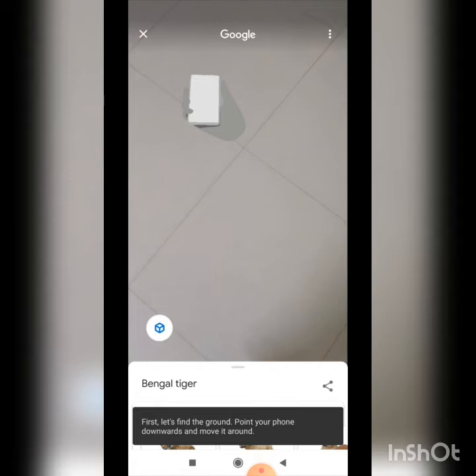Point your phone downwards and move it around. Once you show the ground and move the camera around, if the place is sufficient to keep the object, the object will automatically be placed in that particular area. So focus your camera on the particular ground place.